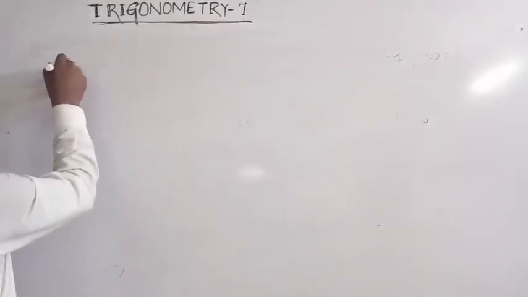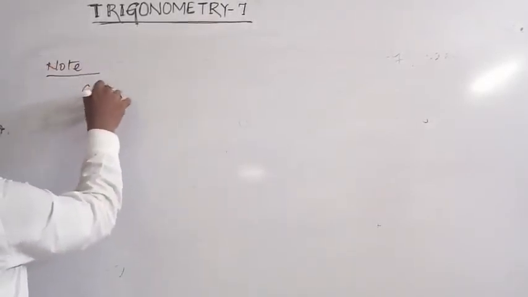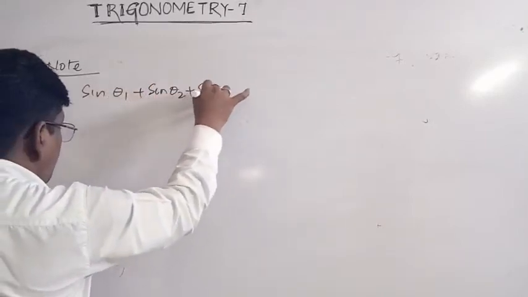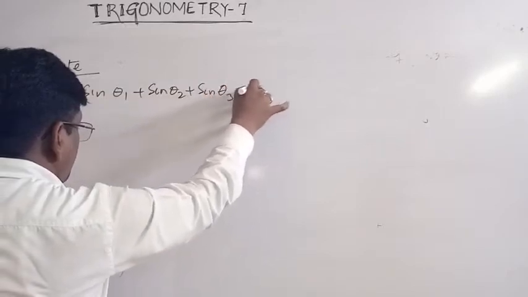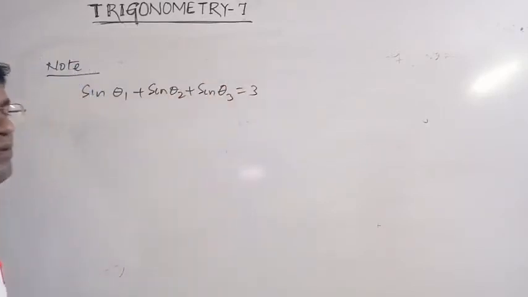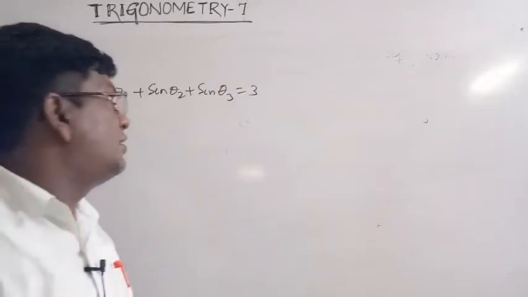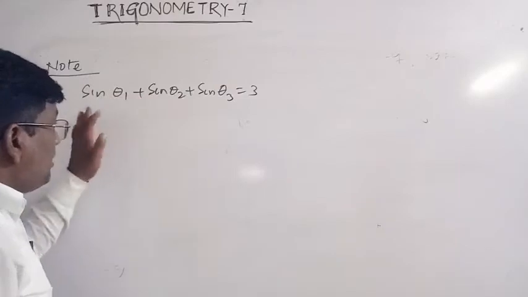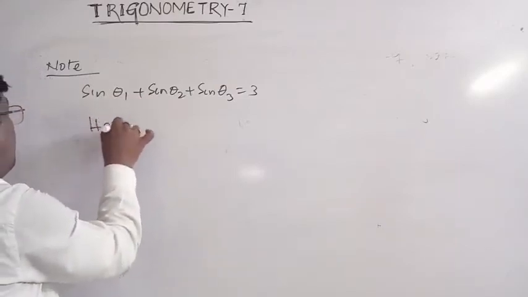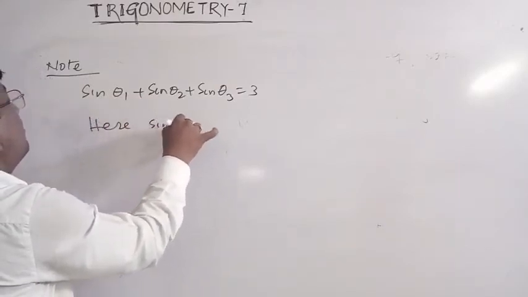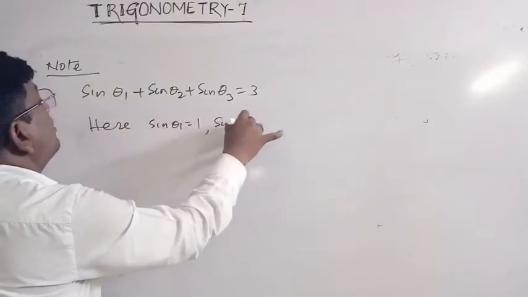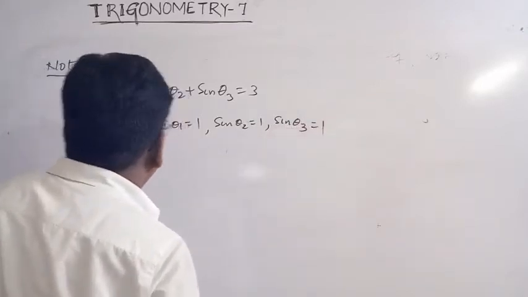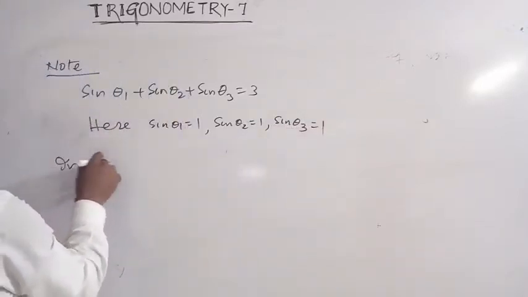Note: suppose sin theta 1 plus sin theta 2 plus sin theta 3 is equal to 3. What are the possible values of sin theta 1, sin theta 2, sin theta 3 in this case? Sin theta 1 is equal to 1, sin theta 2 is equal to 1, sin theta 3 is equal to 1. So in general,